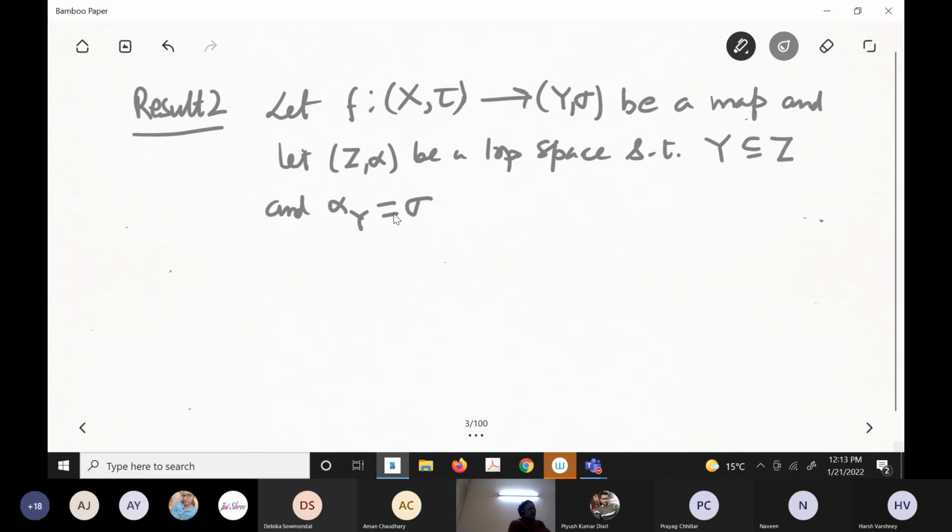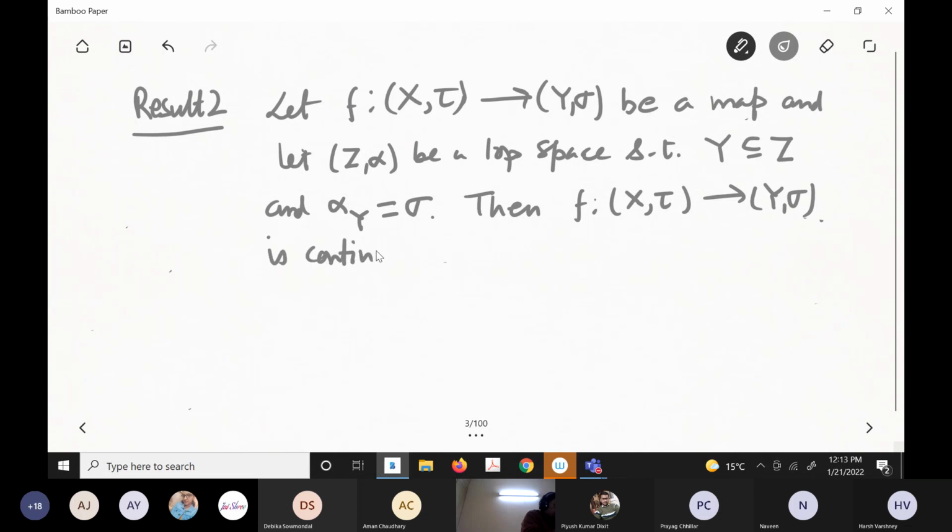Okay, let (Z, alpha) be a topological space on this. Then you can prove that f from (X, tau) to (Y, sigma) is continuous if and only if